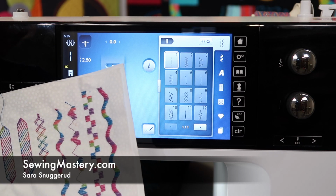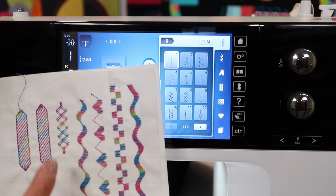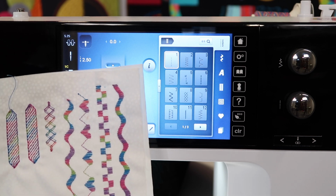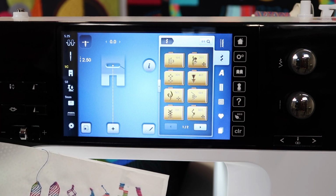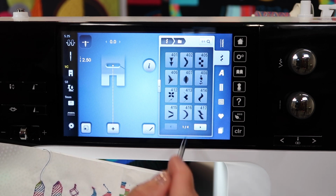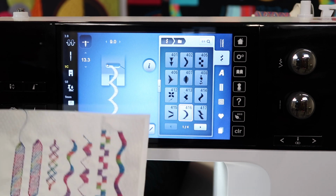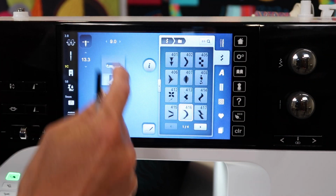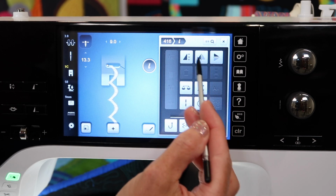When you're working with decorative stitches, which I love, on the Bernina 790, there's times where stitches need to be flipped or flopped or mirror imaged. So as we go into some of the decorative stitches, let's just kind of go and explore. As we look at a stitch, when you want to mirror image it, so instead of having to turn your fabric this way to get it to sew the opposite direction, touch the eye, and we're going to explore the